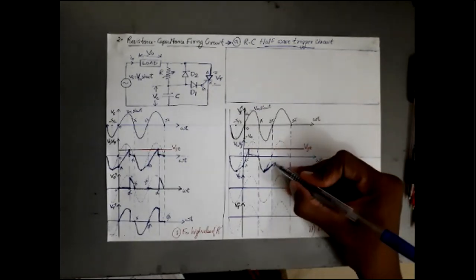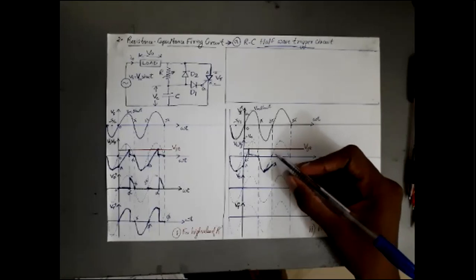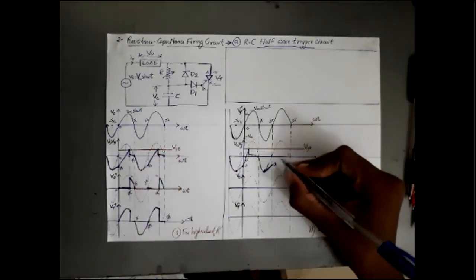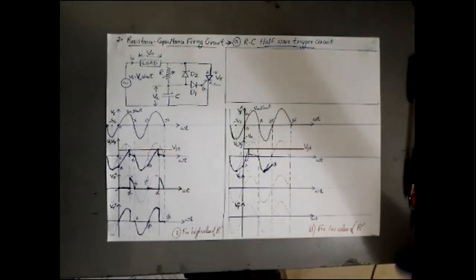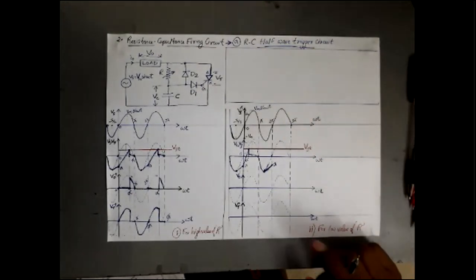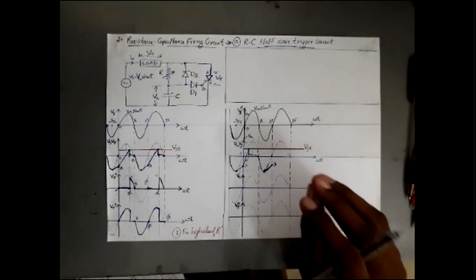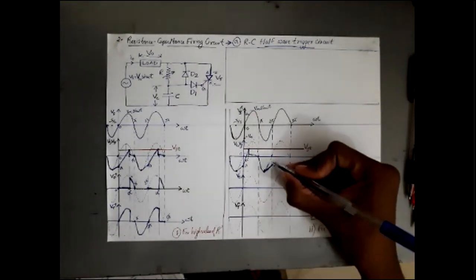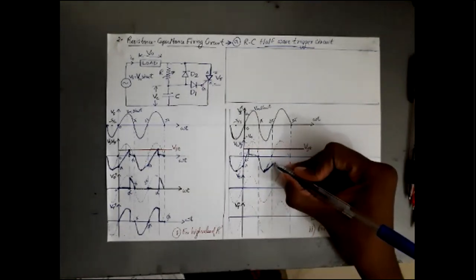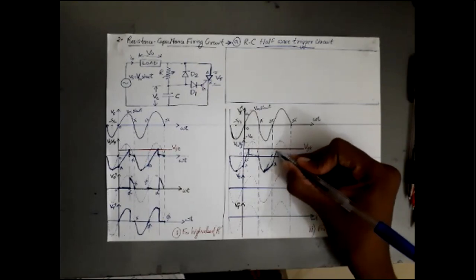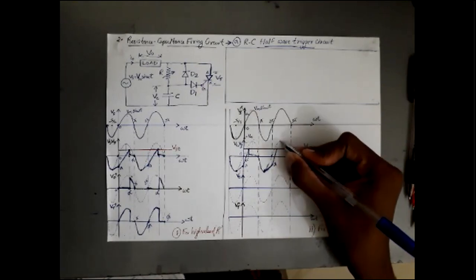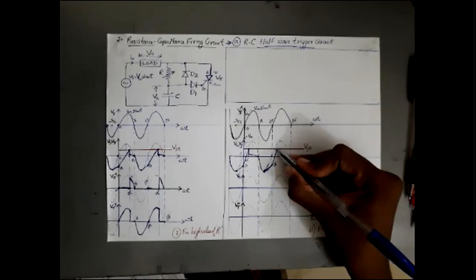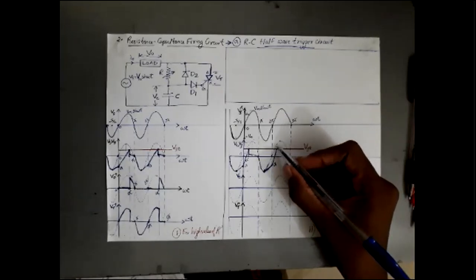Again, the same case: since my R value is very low, charging current is comparatively higher when compared to the previous case. But it is very small when compared with I naught. Keep that in mind. The current through this circuit will be considered as 0 in the case of I naught. So here the charging current is greater compared to the previous case. My capacitor gets charged quickly, and before pi by 2 itself, my SCR got triggered because VC has become equal to VGT.